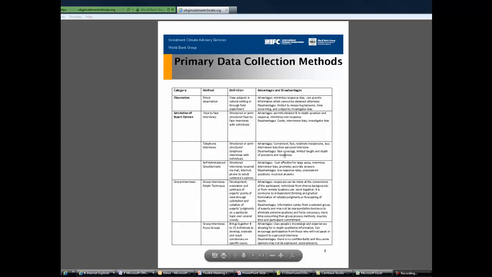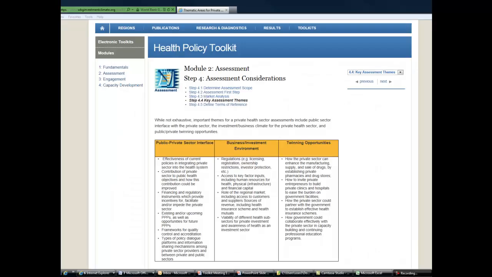We also address primary data collection methods by category, method, definition, and advantages and disadvantages of each. We look at focus groups and other types of primary data collection methods. Next, we turn to assessment considerations, the scope, the first steps, and then key assessment themes, and defining the terms